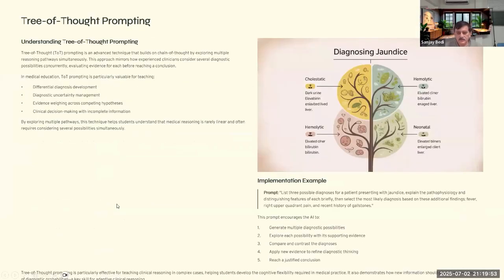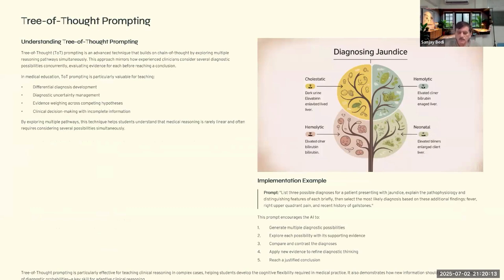The next step is tree of thought prompting. Tree of thought prompting means that it again builds on what we did in the previous one, that is the chain of thought, and multiple reasoning pathways